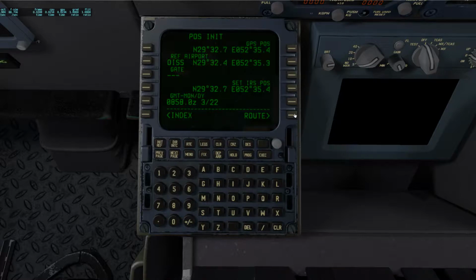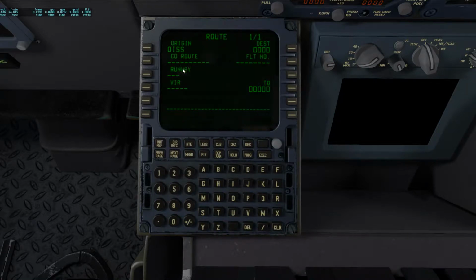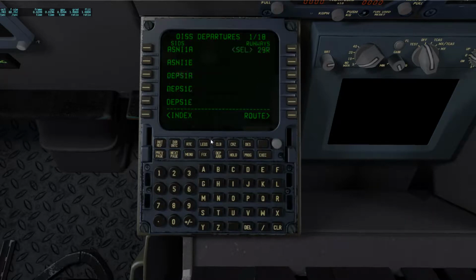So go to the route page. Destination airport is Oscar Mike Delta Bravo. Flight number is 3394, and we are coming to depart from runway 29 right and use CAP transition,